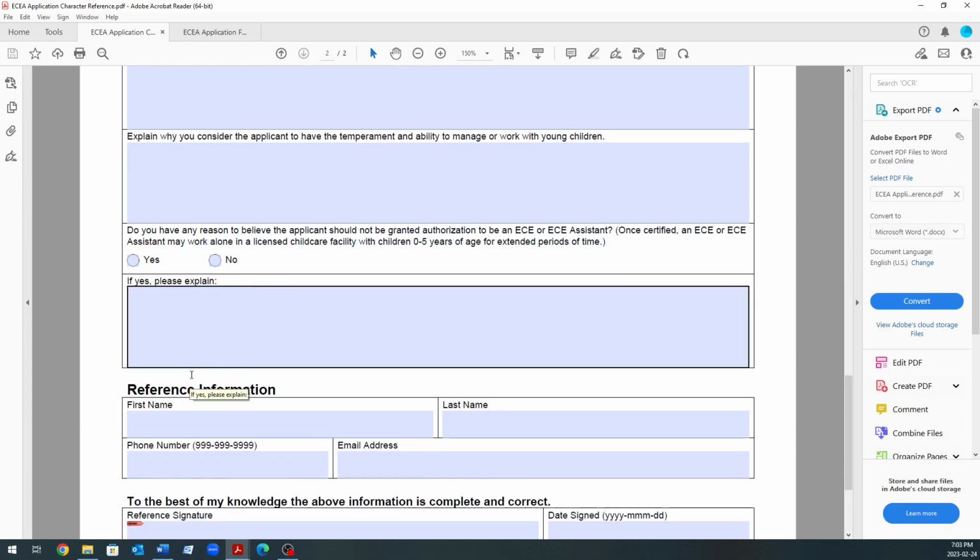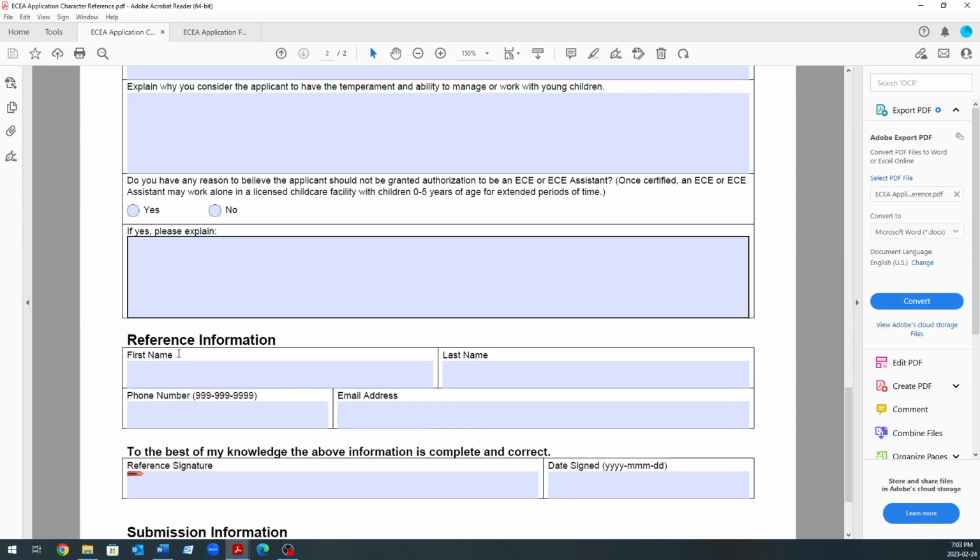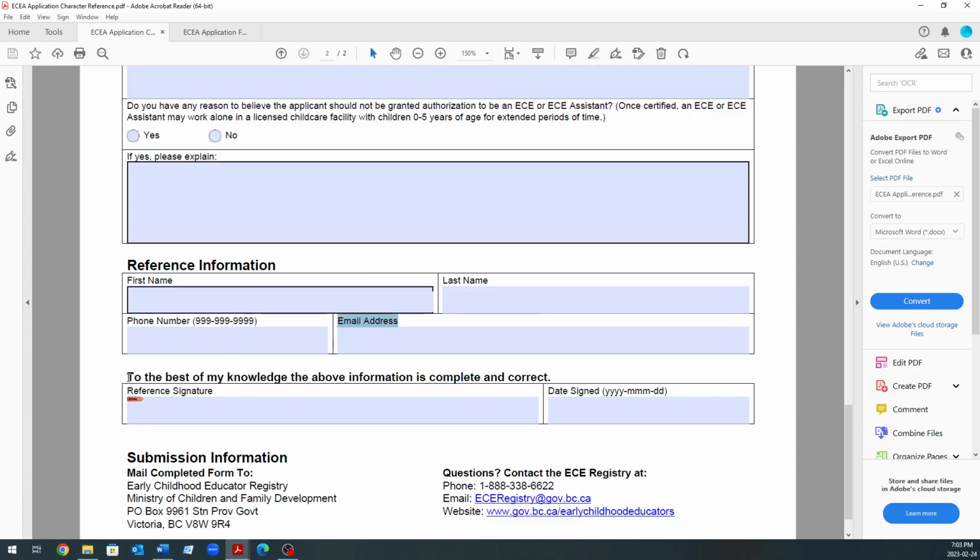Now at the bottom in this section, the reference includes their information. So the first name of the reference, last name, the reference's phone number, and the email address for the reference. And then the reference has to sign their name here, stating that to the best of their knowledge, the above information is complete and correct, and then they must date the